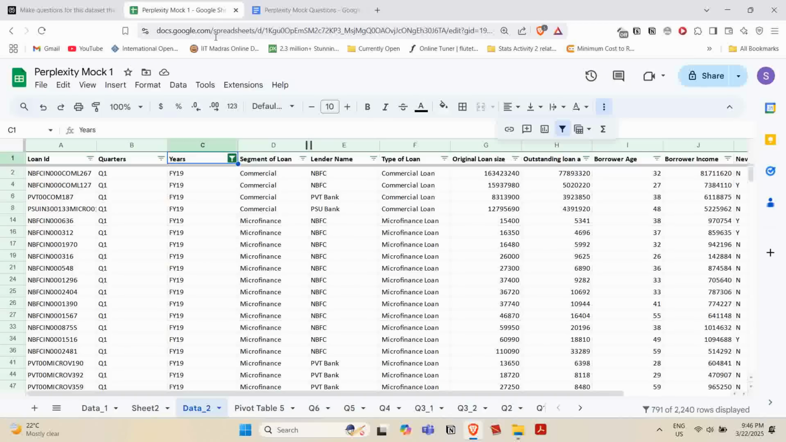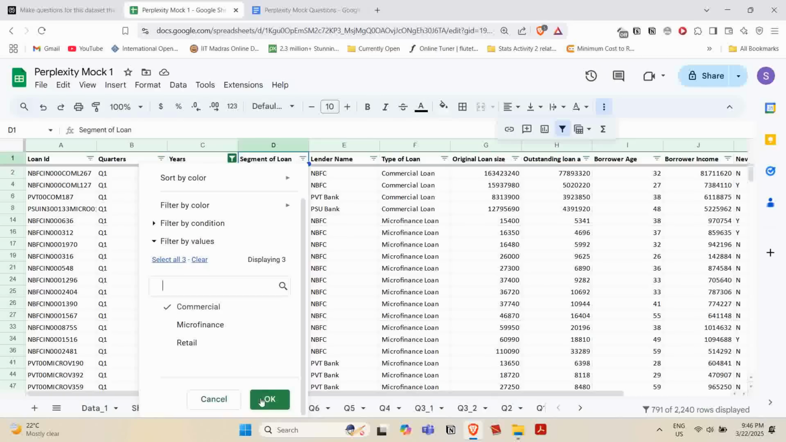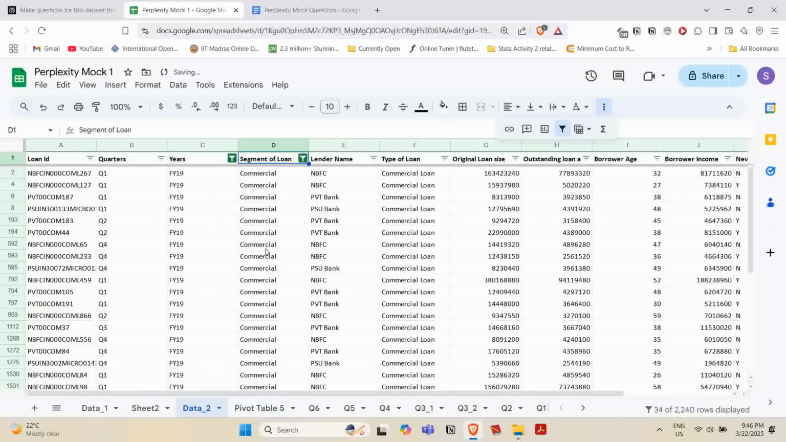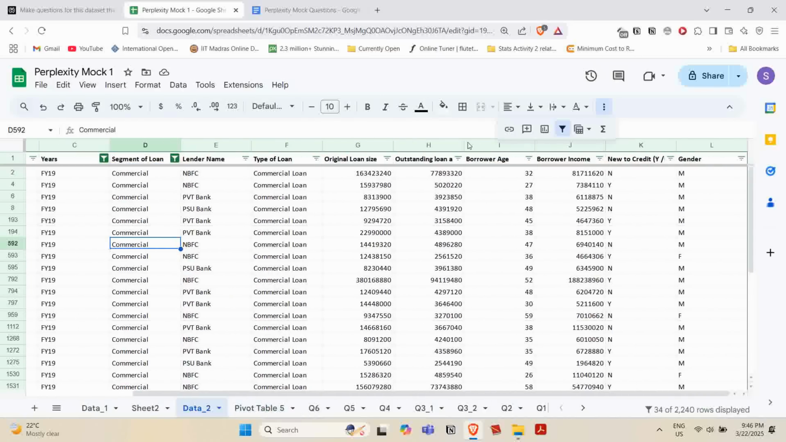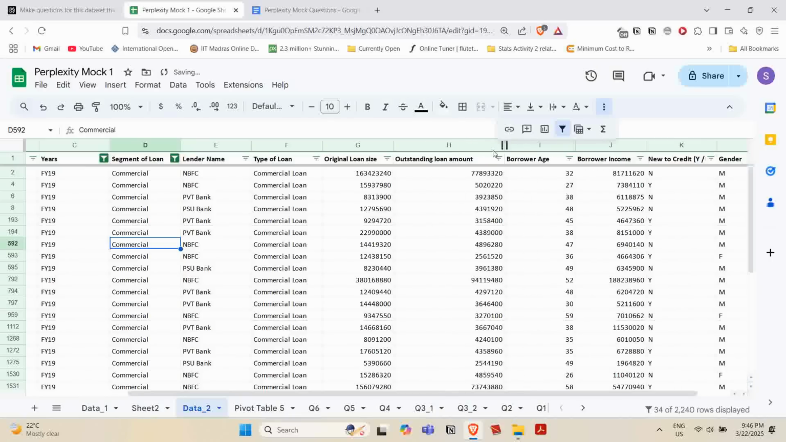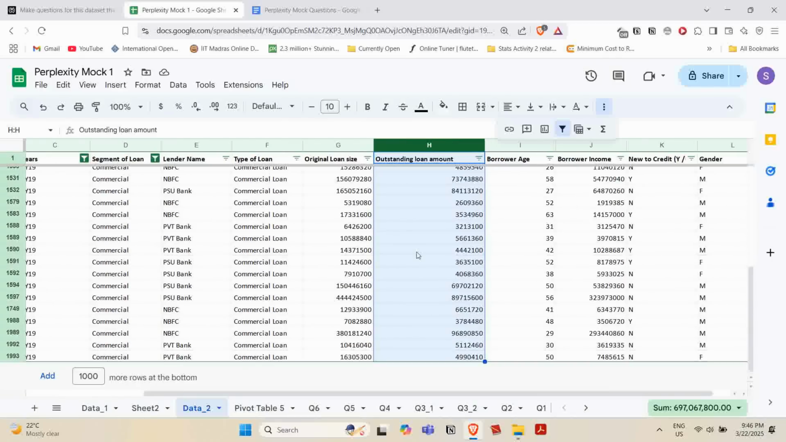So commercial loans. In the segment of loan, we can select only commercial. And now we have filtered it. And what we wanted is the outstanding loan amount. So here we got it. And we could just copy this whole thing and paste it in a different